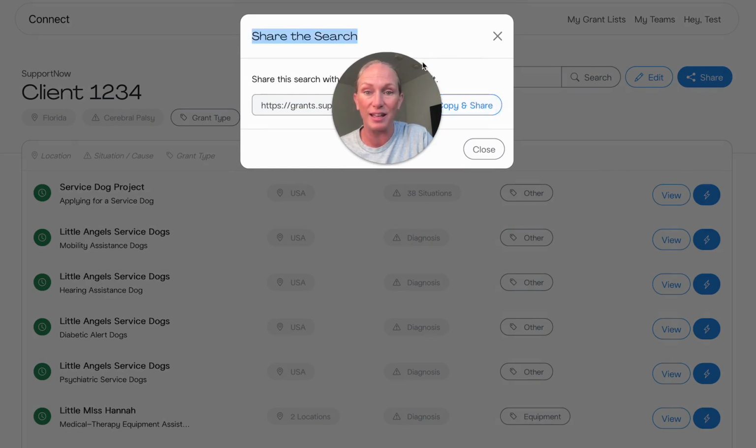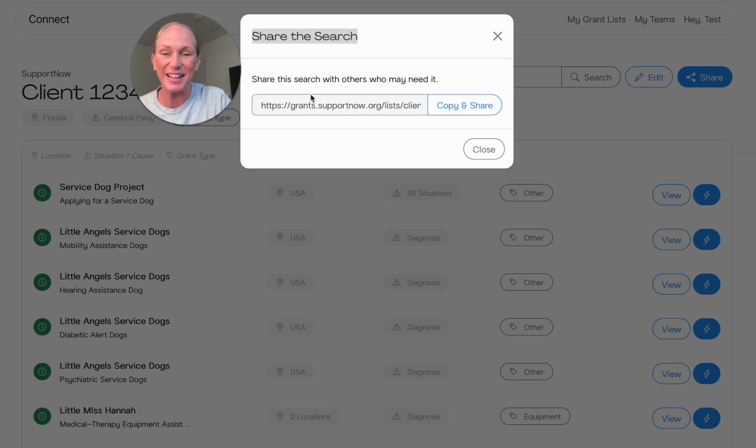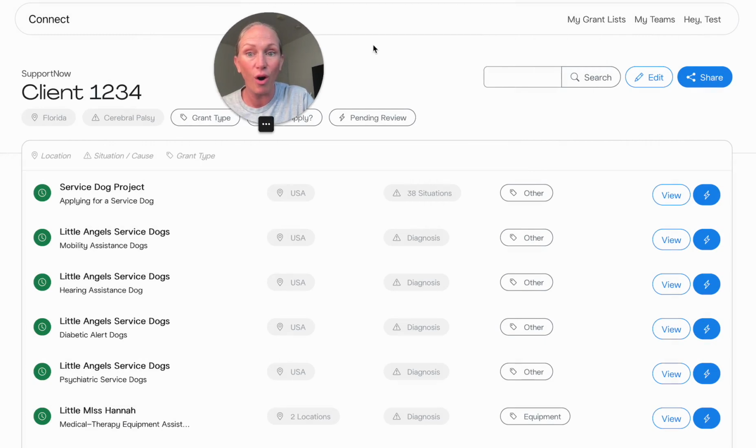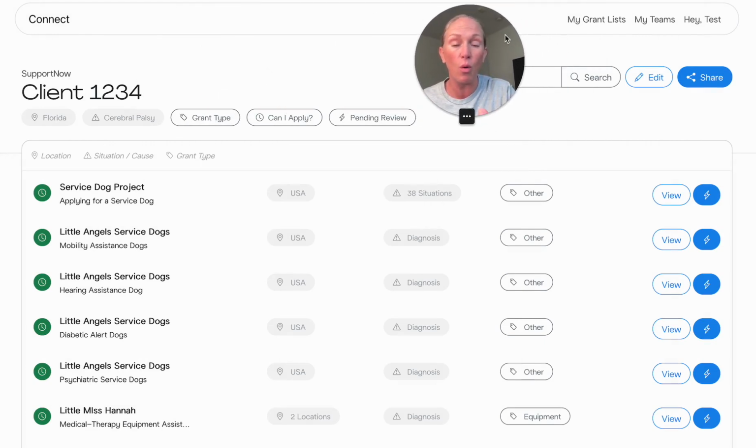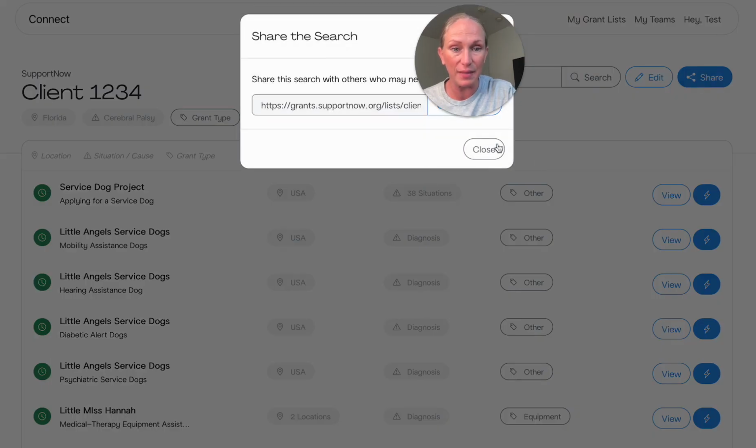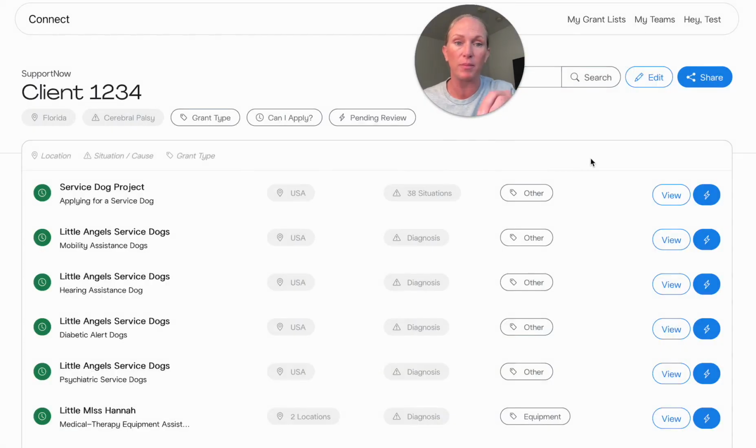You can then copy and paste this and share it directly with your client. You can call them and say, hey, we found a grant for you. Or you could have sent this initial search to them, send them a copy of this, and then it'll prompt them to make an individual family account based on this as well. Now you have different access than they do, and so you creating this for them takes some of that burden off. A lot of people get confused with things,